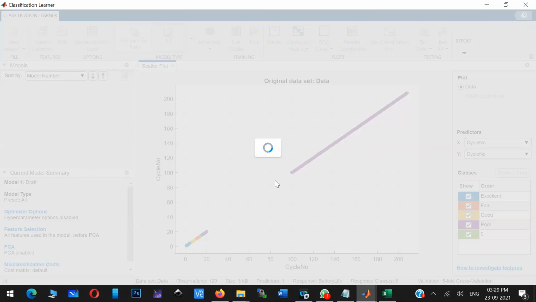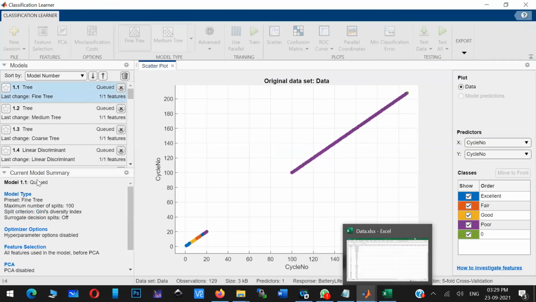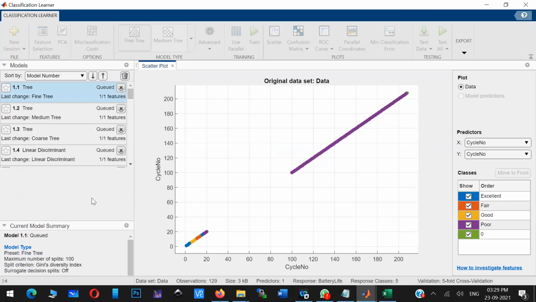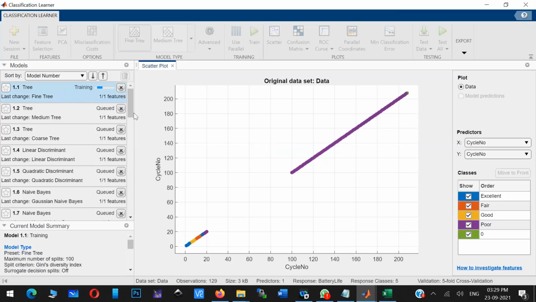So let's see. Okay, all the algorithms are queued up, and now the training process started for all algorithms.